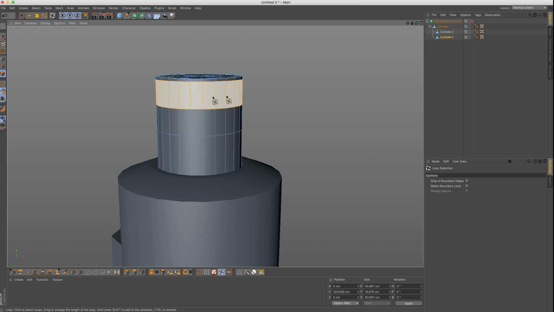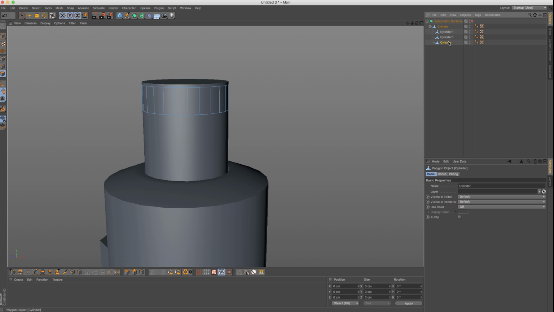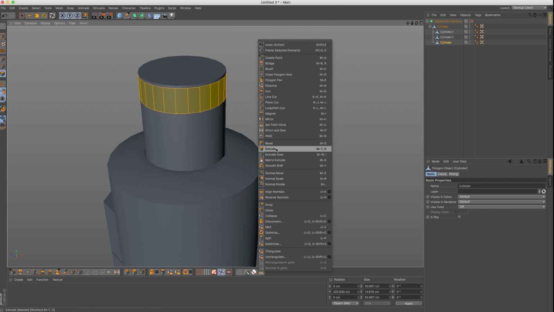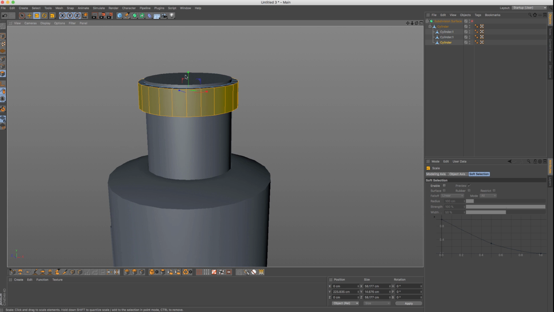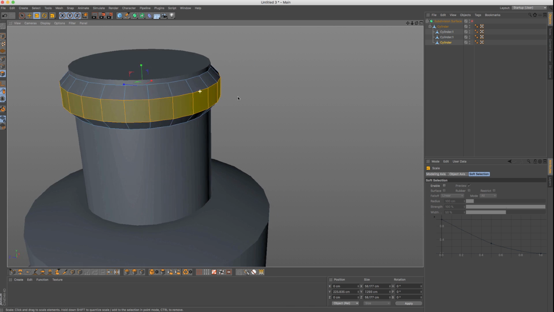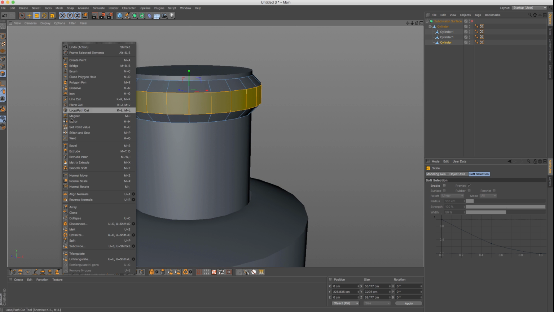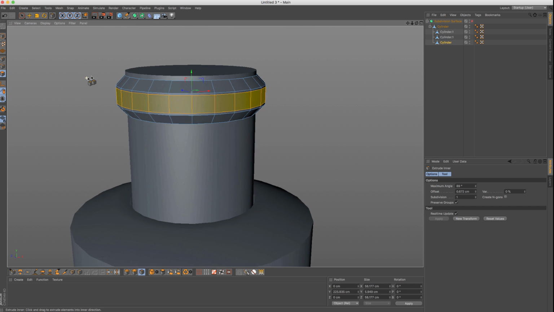And here what we can do is select these polygons. Let's do one operation of split again. So let's split. We now have a new cylinder polygons here, and select everything. Go to right click, extrude, and I'm going to use scale. And this time I'm going to scale it on this axis like that. And now to create supportive edges, we can either go to extrude inner and extrude it like that,